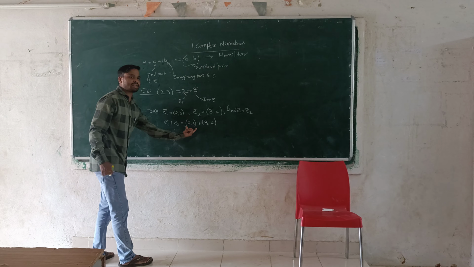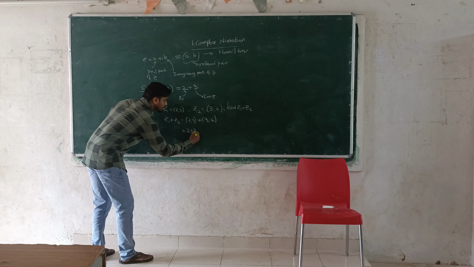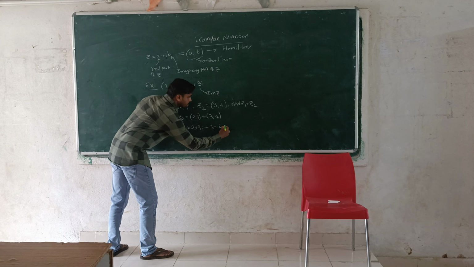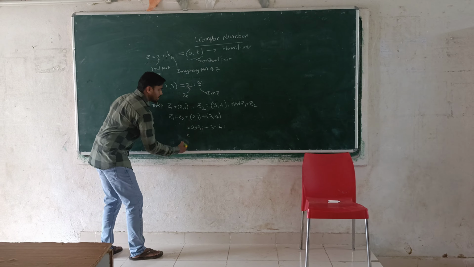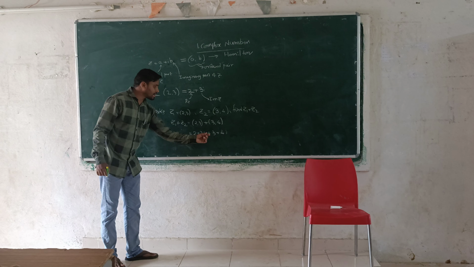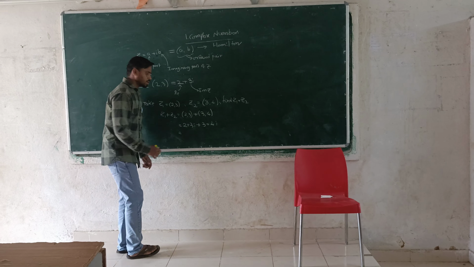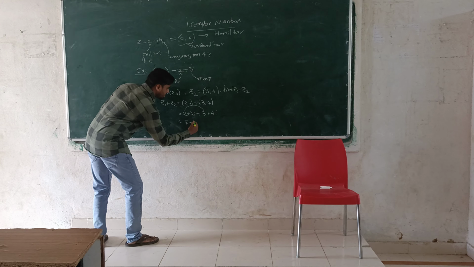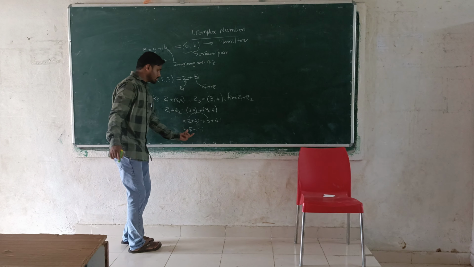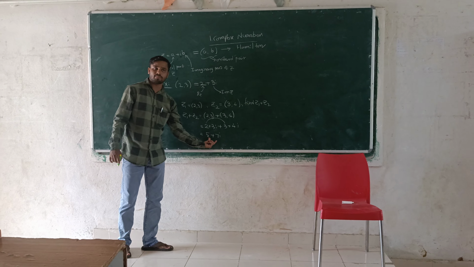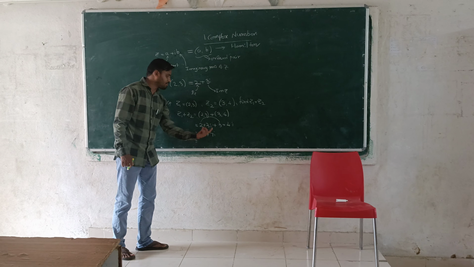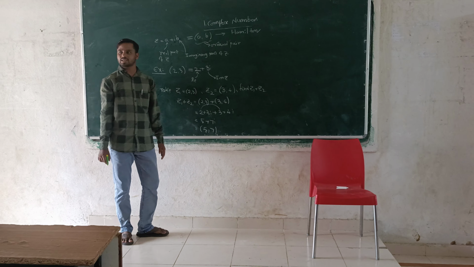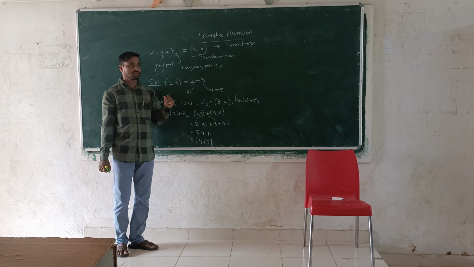Now this ordered pair can be written as 2 plus 3i plus 3 plus 4i. Now add the real part and add the imaginary part. Yes or no? Yes, sir. So here 2 plus 3 is equal to 5, plus 3 plus 4 is 7. This can be written in ordered form. Tell me what is that? In ordered pair form, that would be 5 comma 7. Yes, sir? I think this is clear.